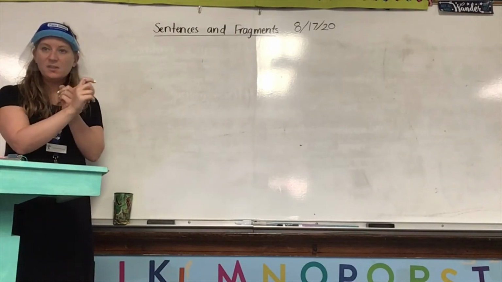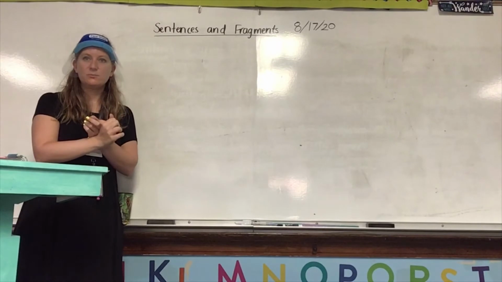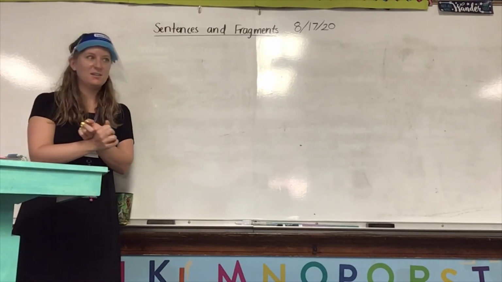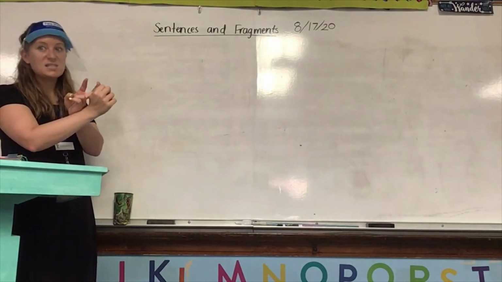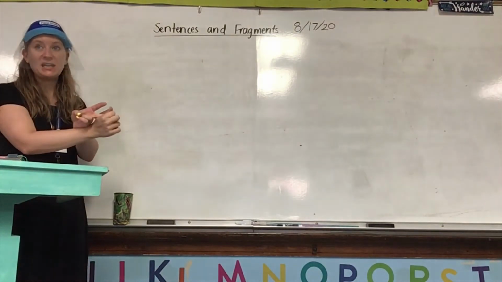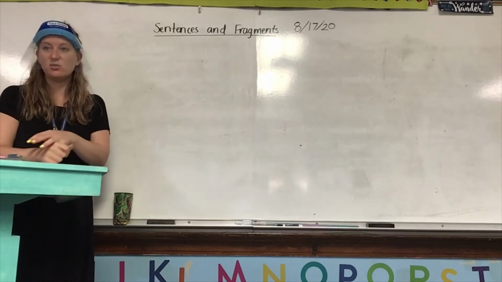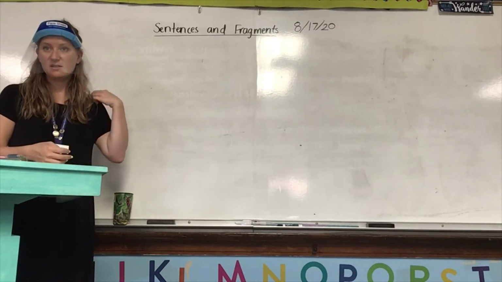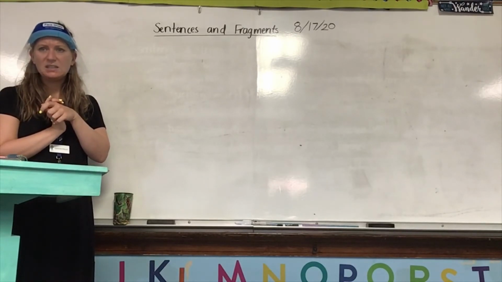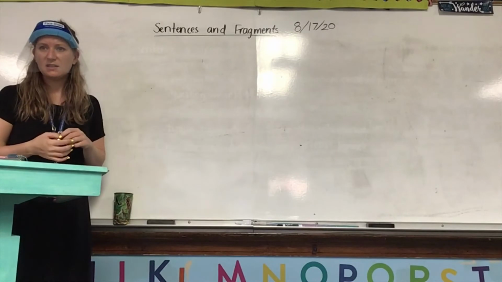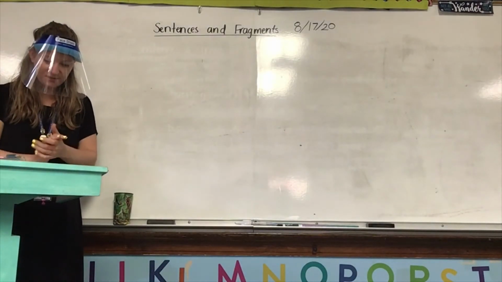So who was the first person? Michaela told us a subject. Smith told us a capital letter at the beginning. Ethan told us punctuation at the end. So what's that last thing? You can look at your notes. A predicate. And what is a predicate? What somebody is doing. What happened in the sentence. Very good. You can go ahead and mute yourself again.